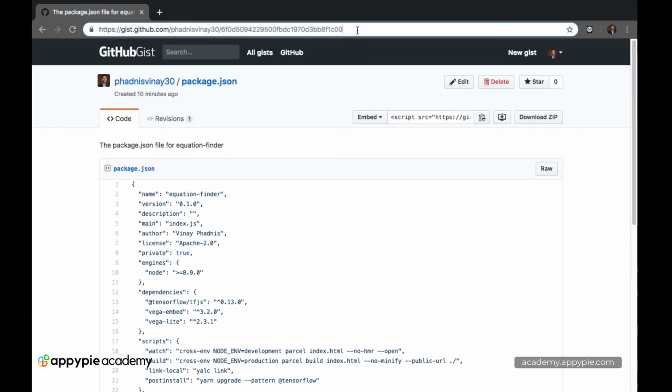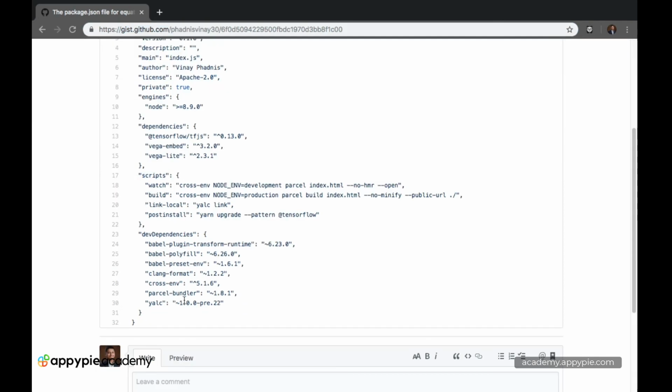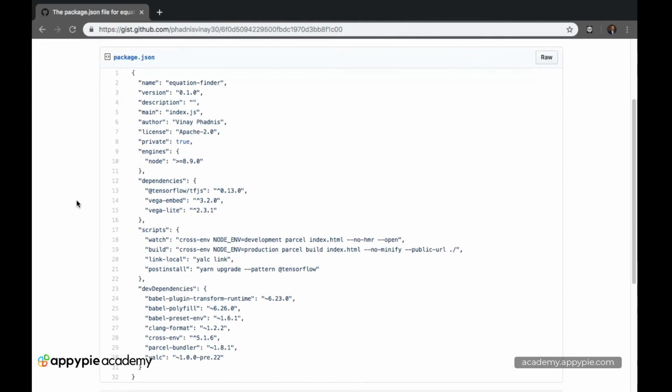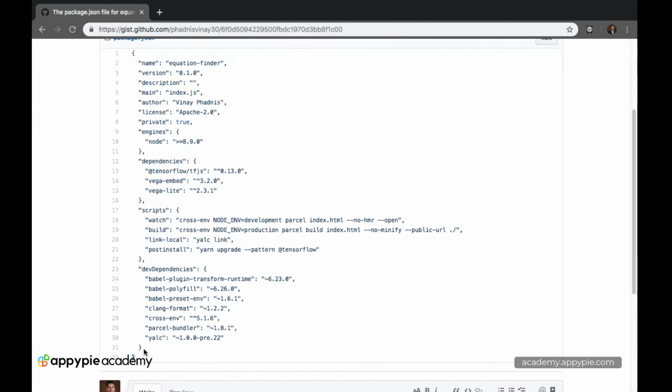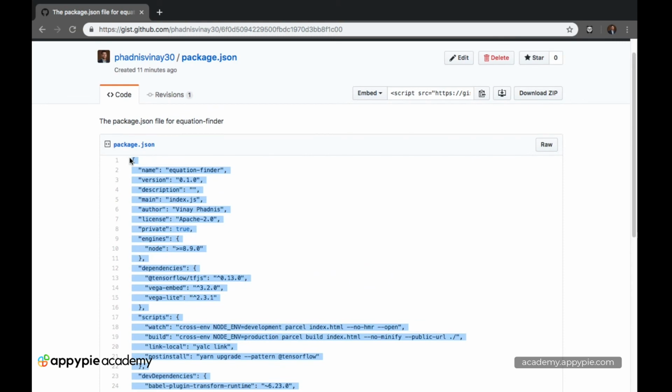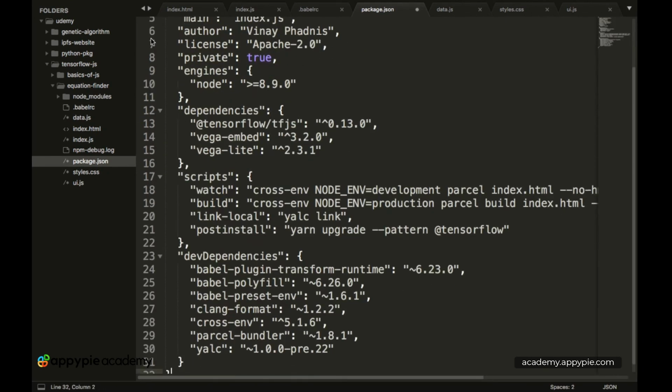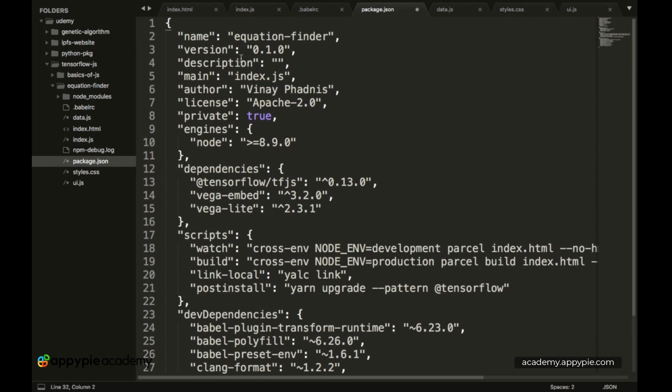So I'll first of all have this in the lecture resources over here, and the next lecture will basically be a text lecture which will contain this particular text. Okay, so you can even copy it from the very next lecture, which will be a text one. Okay, so basically you can copy this entire file and simply paste it into the package.json. Okay, and essentially over here, this is the basic information of our app.